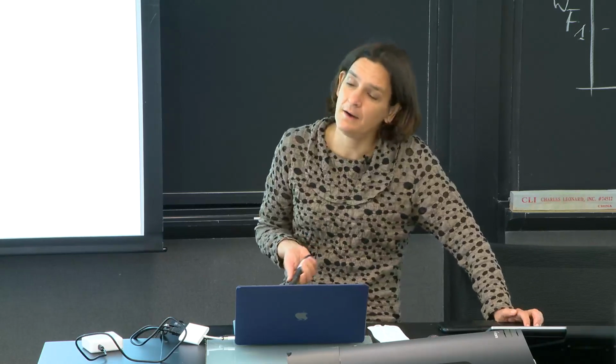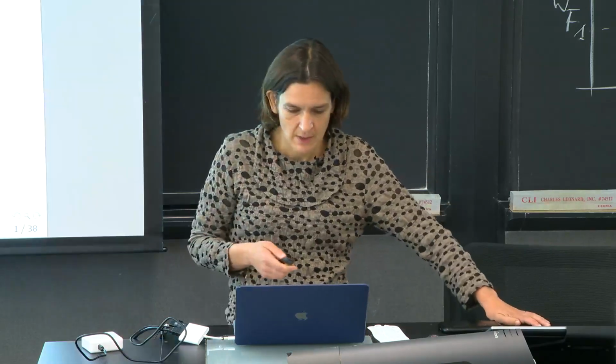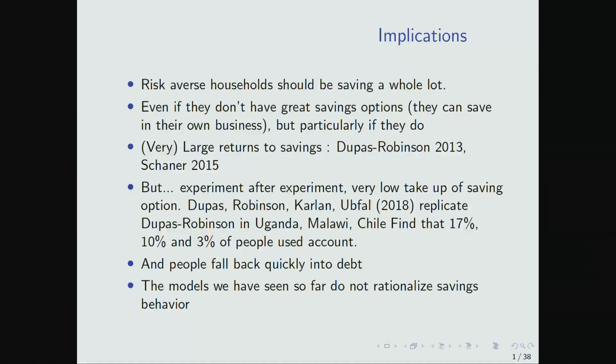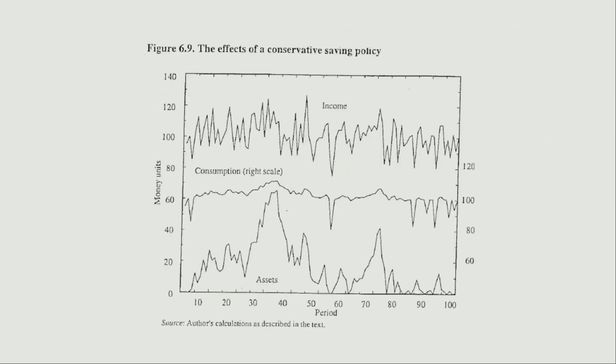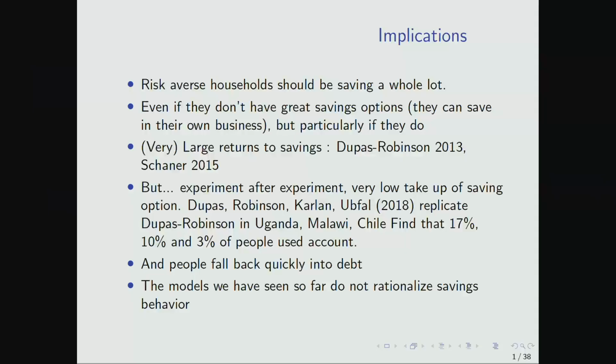That means that if someone has a very variable income, which is the case of the poor in many developing countries, and if they are risk averse, then they should really save a whole lot. In fact, even here where they are saving a whole lot, they can't fully eliminate bad times. Sometimes the bad times arrive, and when they save less, then they really have a lot of lean periods. So risk-averse households should be saving a ton if they don't have access to good credit, which